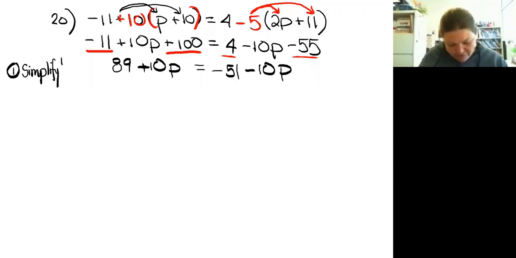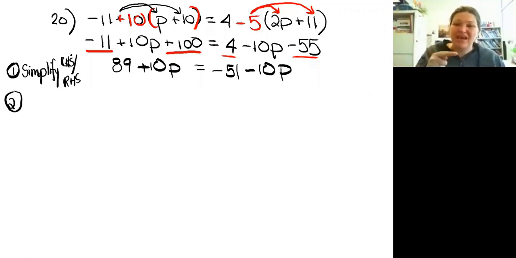And of course, we simplify our right hand side and our left hand side separately. Now it's time to start the back and forth motion across that equal sign. First step, we better make sure that we pick a side for our letters. So what do you want to move, Joey, the 10p or the negative 10p? The negative 10p? Okay, so Joey would like to move the negative 10p, and I asked her because, guys, it